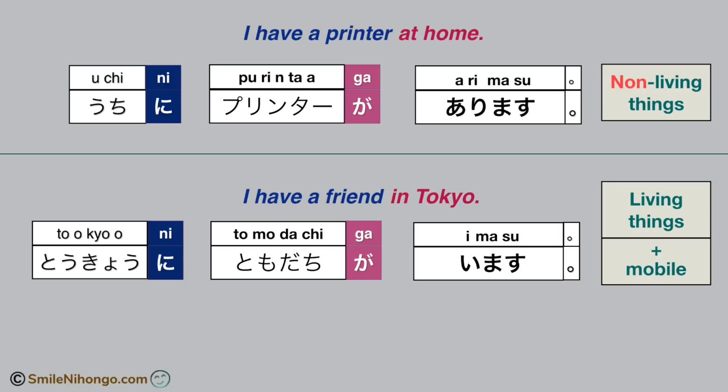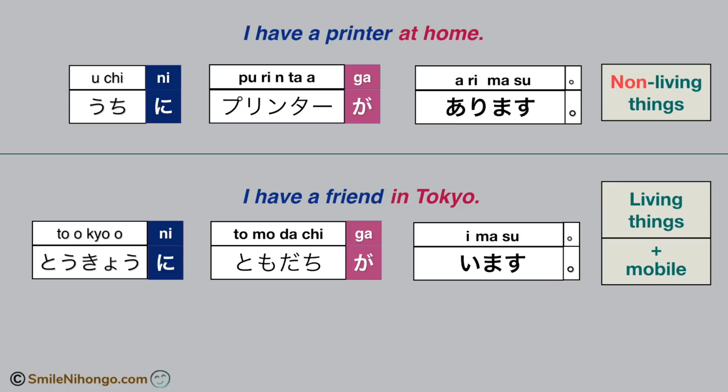I have a printer at home in Japanese is うちにプリンターがあります。I have a friend in Tokyo is 東京に友達がいます。So far, through the